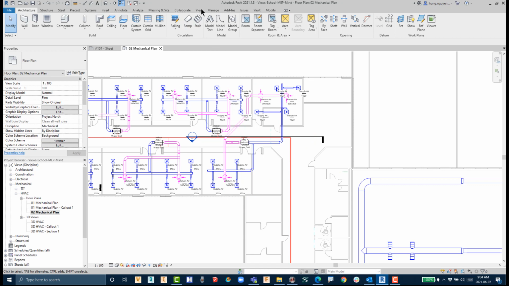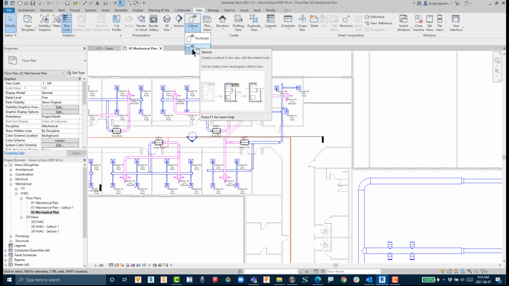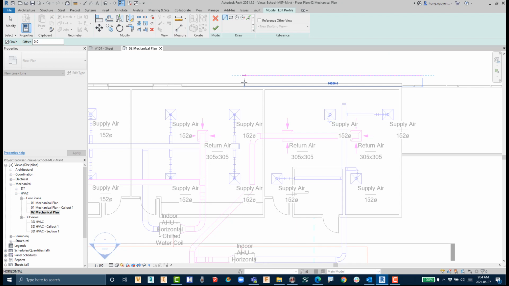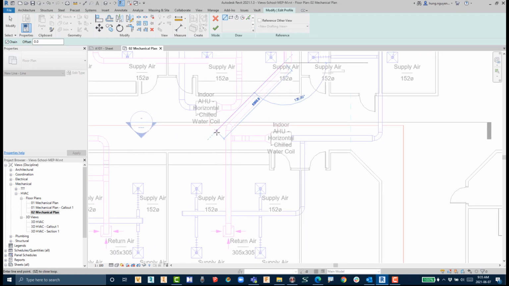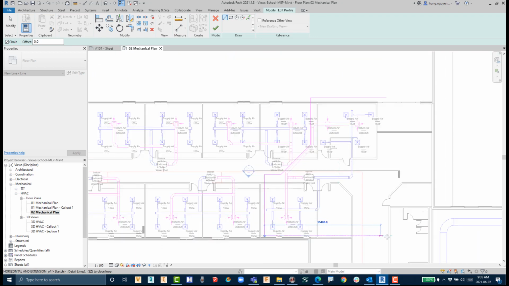To do that, we need to use a callout. A little more on the callout: it has a rectangular shape, but you can also do it a little sketchy to drop out the view that you'd like to call out. So I'm going to do a sketch instead. I quickly draw a line from there to around here and come down, then go around this corner, go to this side and pull down, and finally go all the way to the end